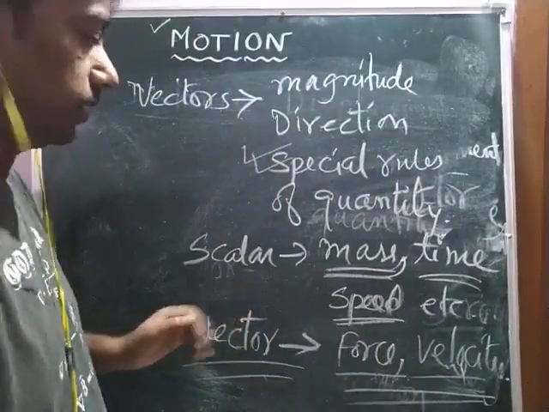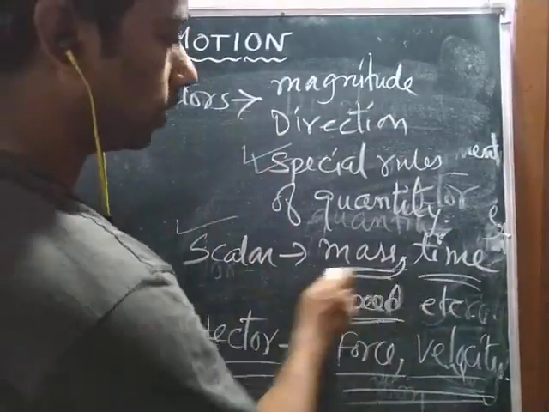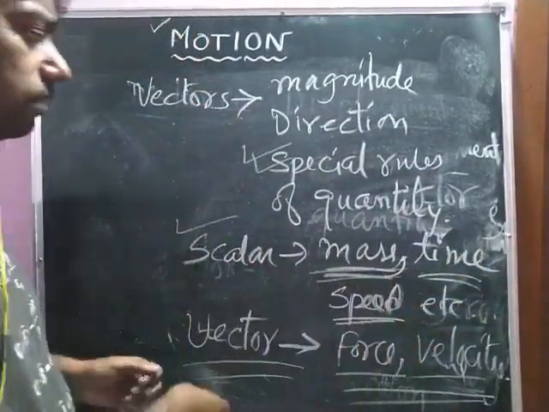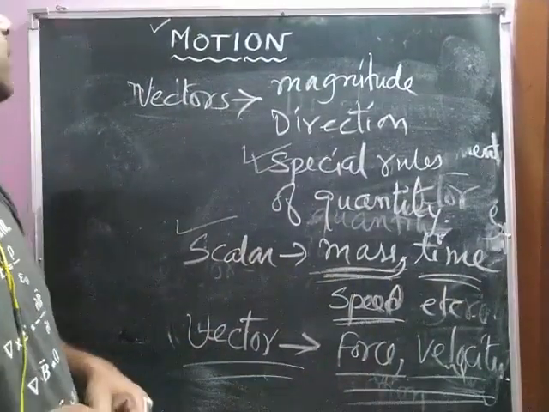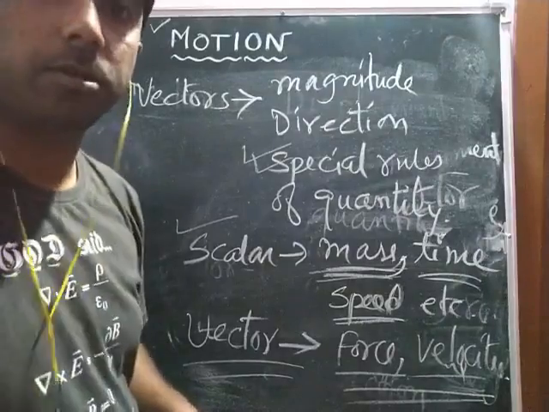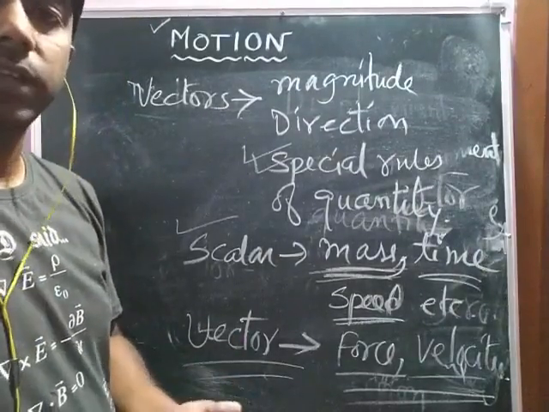There are a lot of examples. And for scalars, we have these physical quantities, mass, time, etc., which do not have any direction. Their magnitude is enough. In the next class, we will discuss speed, velocity, average speed, average velocity, and do